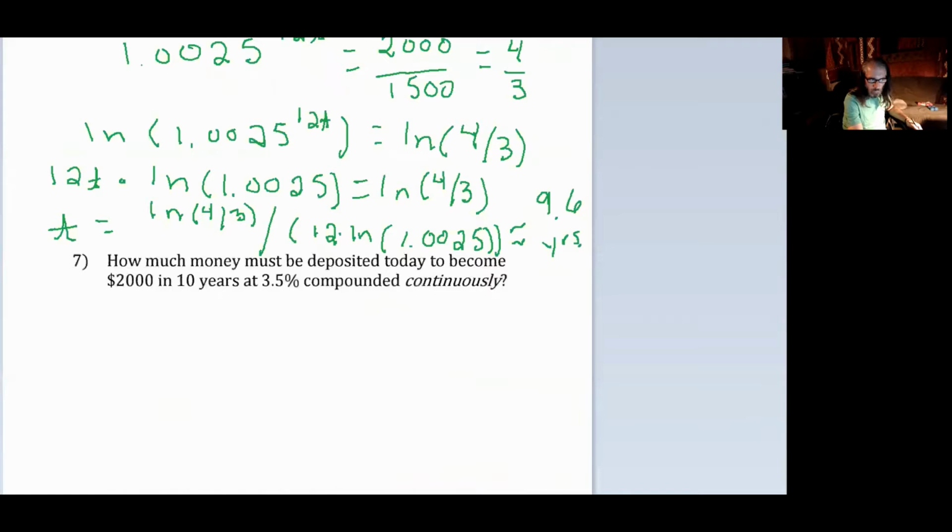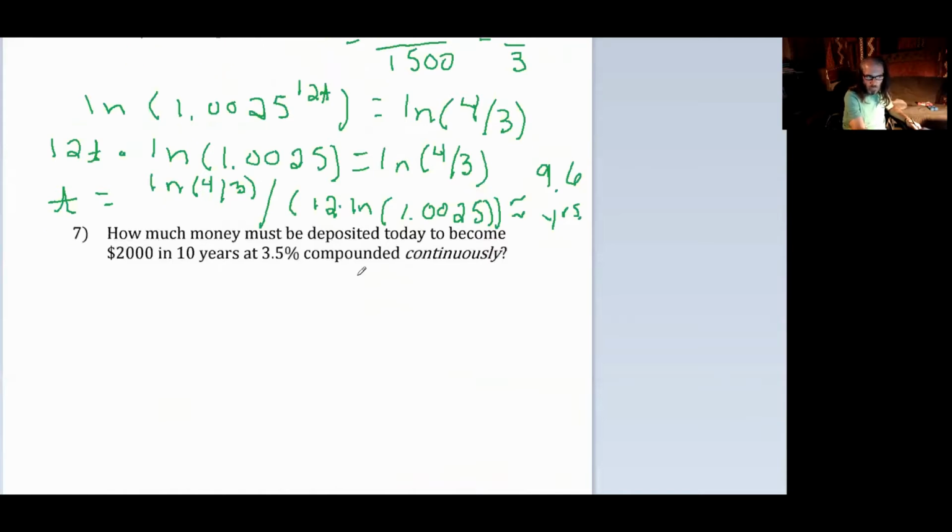So on this last one, notice that it says that interest is being compounded continuously. If you were to go from compounding annually, where n was 1,